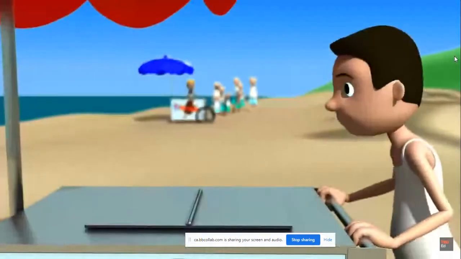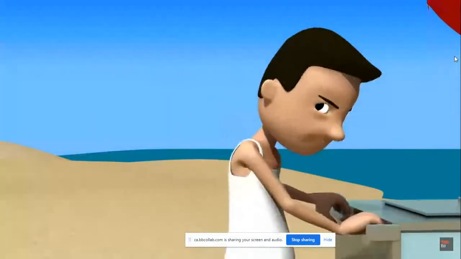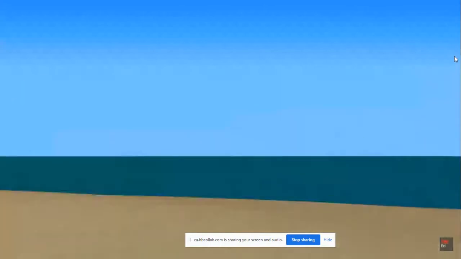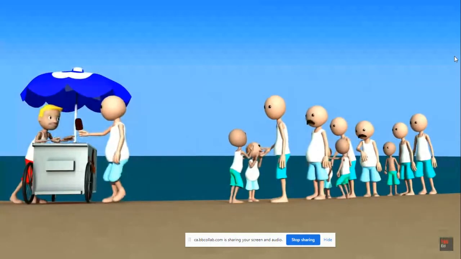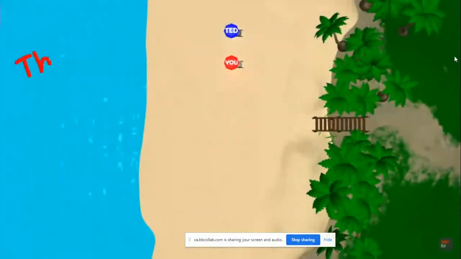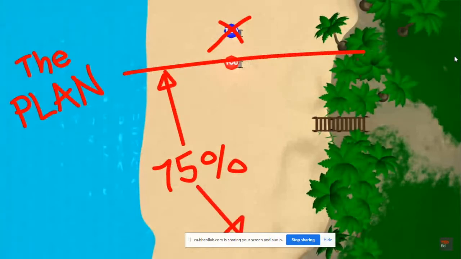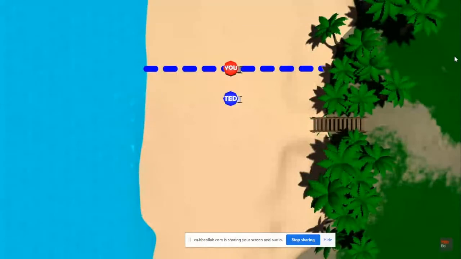The next day, when you arrive at work, Teddy has set up his cart in the middle of the beach. You return to your location a 1/4 mile south of center and get the 25% of customers to the south of you. Teddy still gets all of the customers north in Teddy territory, but now you split the 25% of people in between the two carts. Day 3 of the ice cream wars, you get to the beach early and set up right in the center of Teddy territory, assuming you'll serve the 75% of beachgoers to your south, leaving your cousin to sell to the 25% of customers to the north. When Teddy arrives, he sets up just south of you, stealing all of the southerly customers and leaving you with a small group of people to the north.